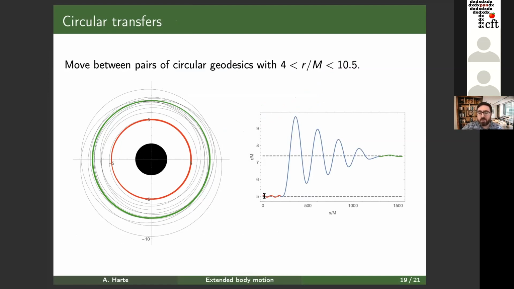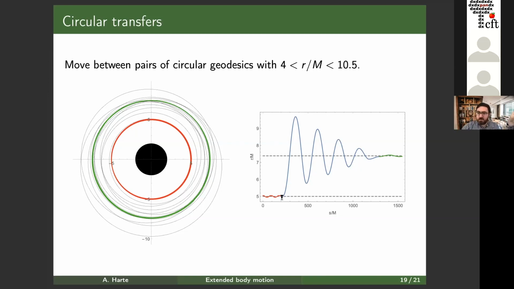And this is the plot of radius as a function of time. We're starting at 5M. As I said, this is an unstable orbit, but I'm applying a feedback regime that gives me stabilization using extended body effects. So you can see you're oscillating a little bit about 5M. You've stabilized the instability. Then when this changes color, I turn off that stabilization mechanism and change the quadrupole moment a little bit. You can take advantage of the instability and either kick it into the black hole and kill yourself, or kick it out of the black hole.